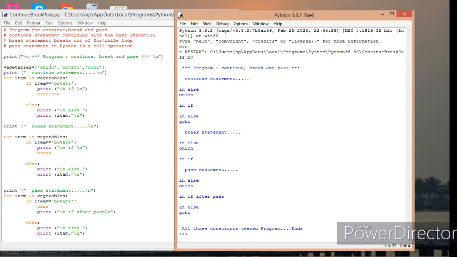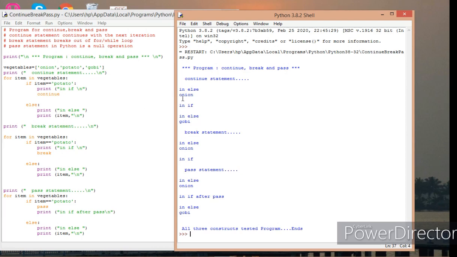First element is onion. So for item in vegetables, onion is taken and assigned to item. It checks whether item is equal to potato. No, it's not potato. So it skips the body of this if statement, and it comes to else here. It prints in else.